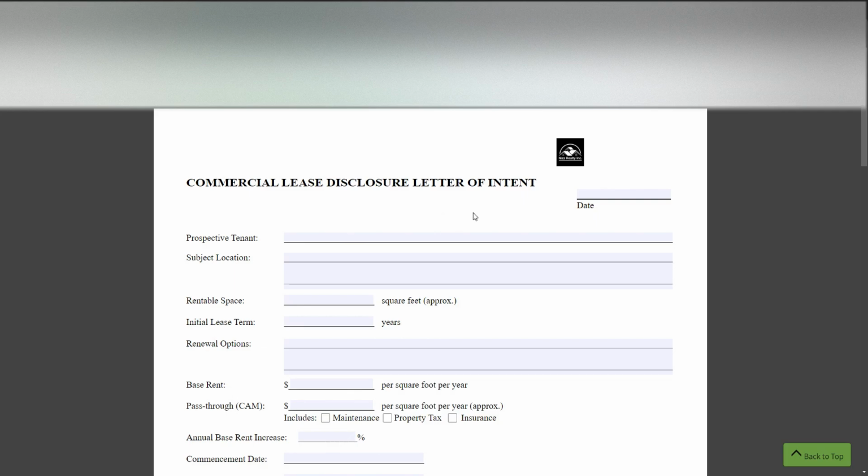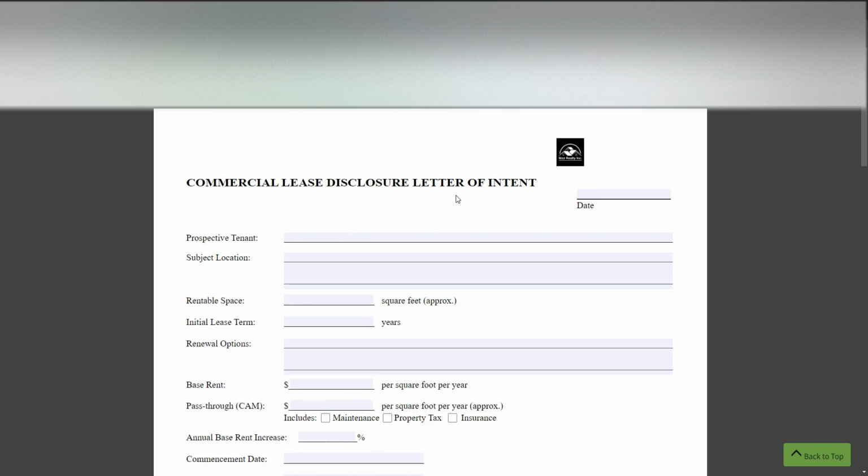LOI that we have drafted here that can be used. There's many different types of LOIs that can be drafted. So a lot of times attorneys prepare them. Sometimes the landlords or the tenants themselves prepare their own LOIs. If you're a member of our brokerage, we have LOIs that we could get you affiliated with or to use for your contracts. And this is one of them here.